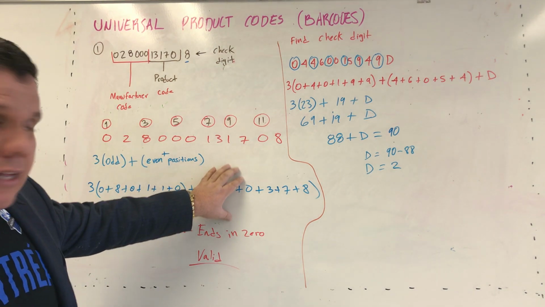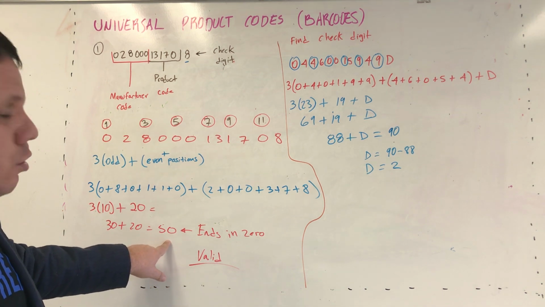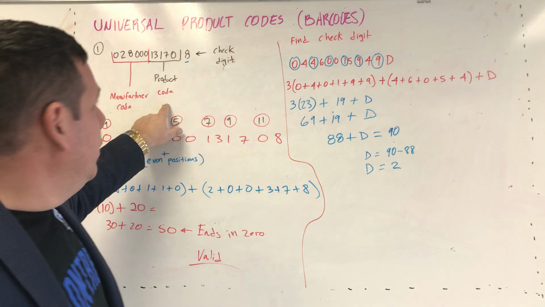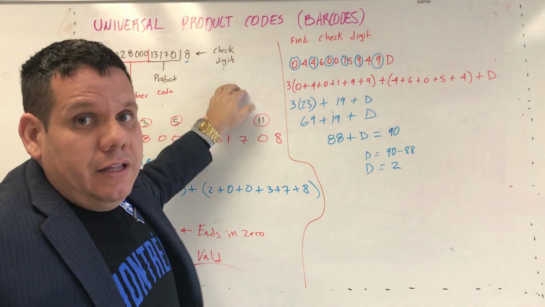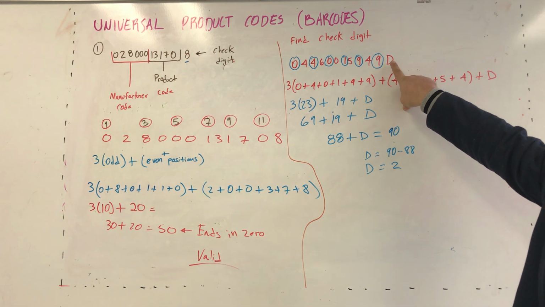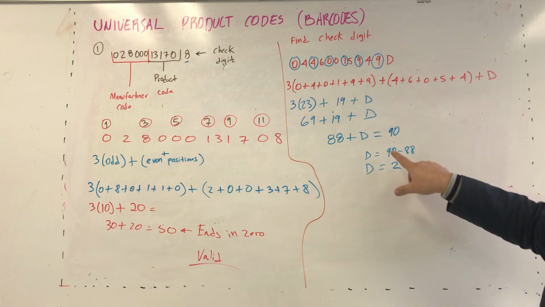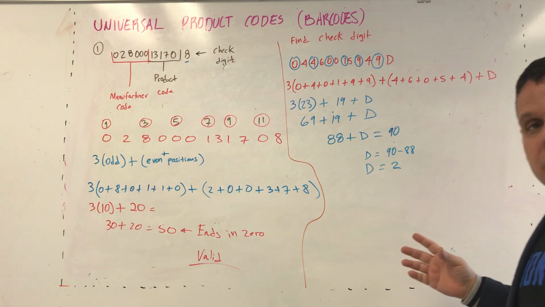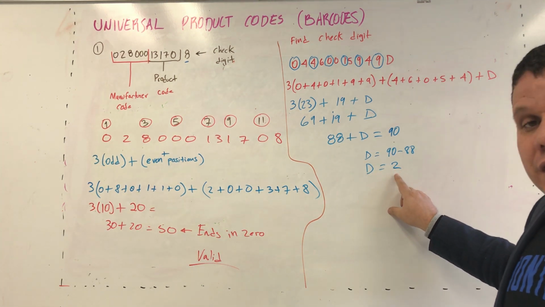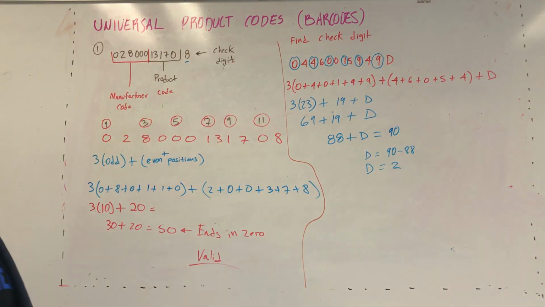So this is how we can validate whether a number is ending in 0. If it's ending in 0, the barcode is valid, the number is valid, the universal product code is valid. And we can also find the check digit. In this case, the check digit is the last number, and if we make it like this, we have a number that is ending in 0 because we know that it's valid, and for this problem, the check digit is 2. Okay, so please copy. You will need this during the guided practice and during the